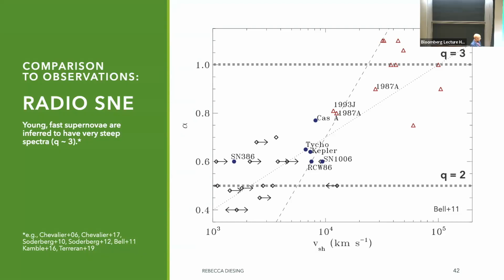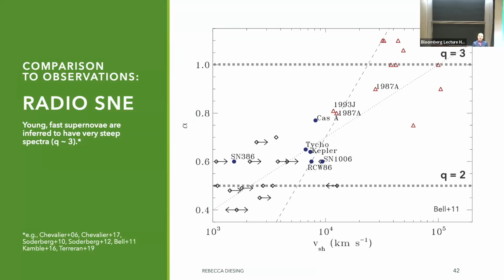And so you can see that the galactic supernova remnants, so these kind of famous historical ones, all sit in this modestly steep regime. But when you go up and look at radio supernovae, which have these triangles, they're very steep. So they're more like E^-3, with some variation. And so the question is, why are these ones so steep?